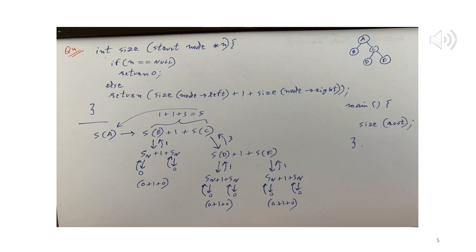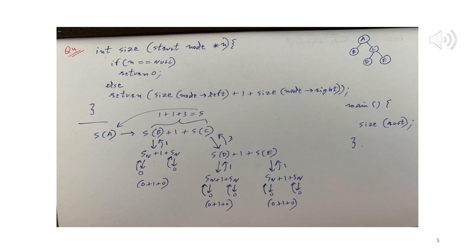Now this is a recursive call, sb. When you call size with a pointer to b, now n points to node b also, right? So is n null? No, because it's got the starting address for b. Therefore it will return size of n arrow left, the left child of b, which is null, plus 1 plus size of n arrow right. Recall n is pointing to b, so the right child for b is null.